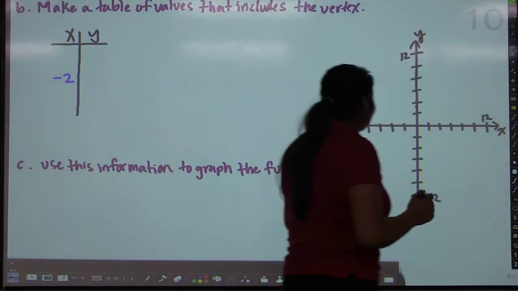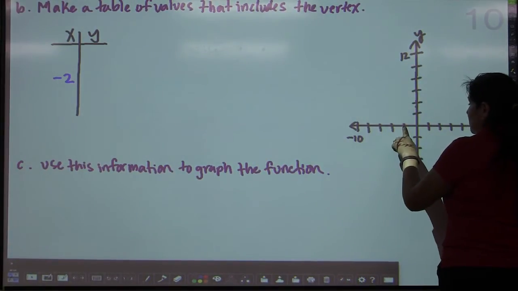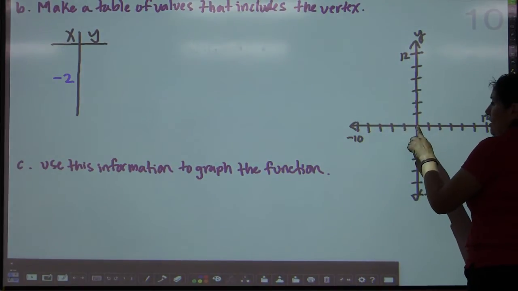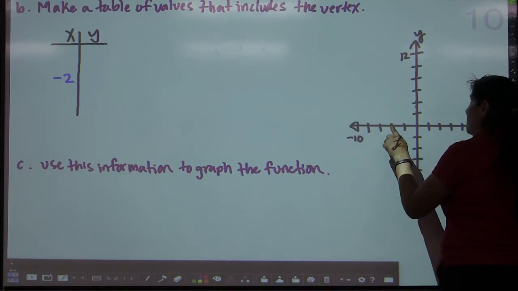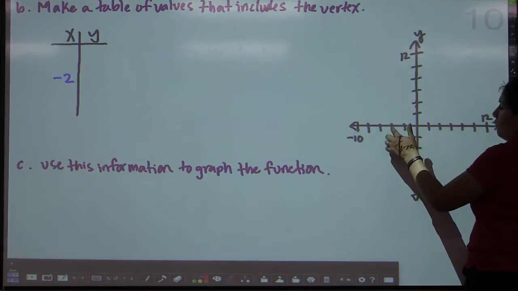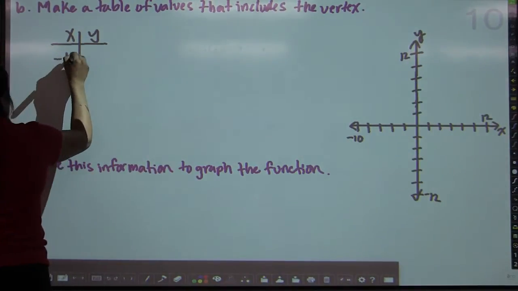So here is basically where -2 is. We're going by 2, 4, 6, 8, 10. So here's -2. If we go 2 units to the right, we'll be at 0. That's a good point to pick. And if we go 2 units to the left, we'll be at -4. So what I'm going to do is strategically pick -4 and 0 to be the other points